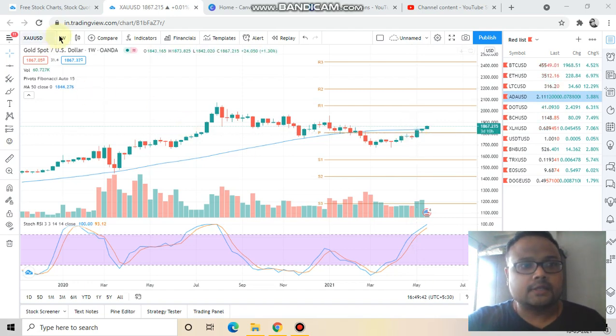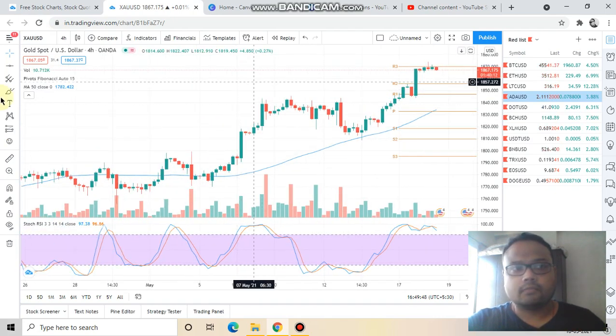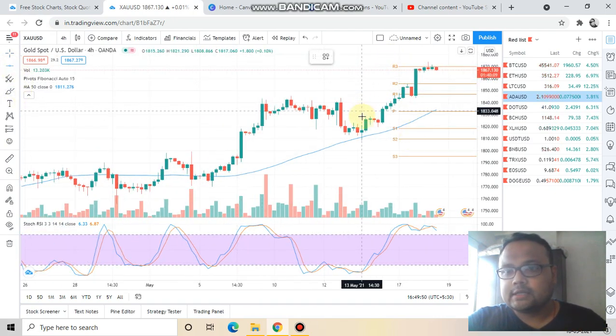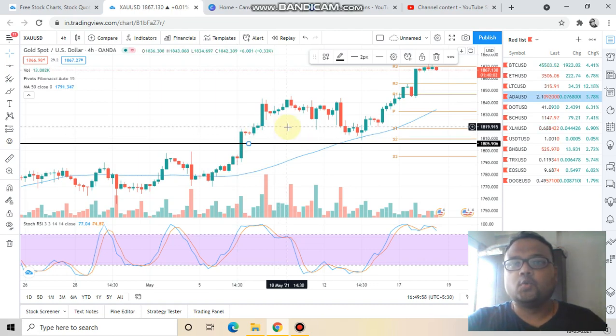Now let's switch to our beloved 4 hours time frame. One thing that is clear to us is that the market has got good support at this particular level, 1805 level. This is the support that is on the weekly chart. This is the best buying position. Considering the trend of the market, as we all know, the market is in an uptrend, therefore we should only be looking for buying opportunities. If we short the market, then we will be going against the trend, and there will be a high possibility that we will get trapped.